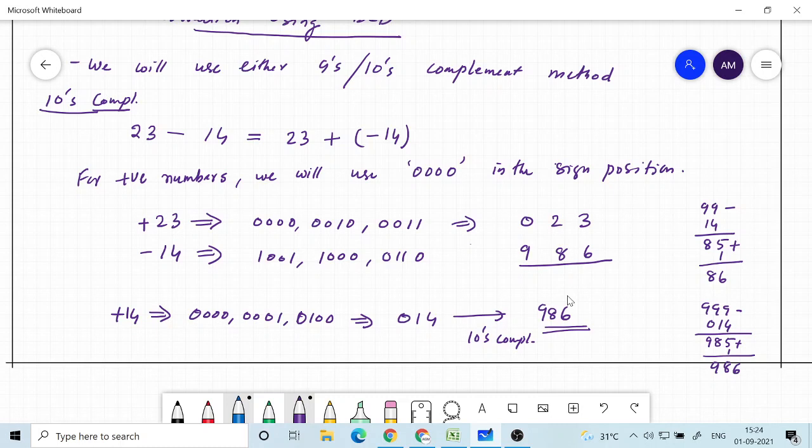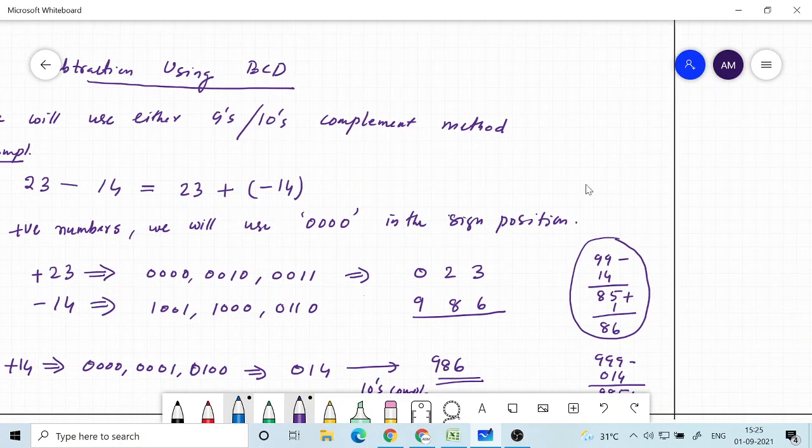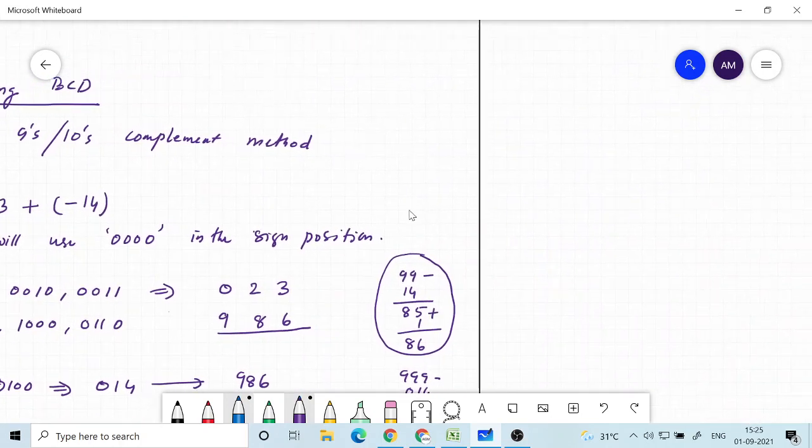So this 9 is basically the sign. It is better to consider this way rather than the way I considered earlier. Here I had added the 9 by hand, but here the 9 comes automatically if you treat it as 3 digits with the first digit representing the sign. So you need to have enough digits to cover the range that we are going to calculate with. Now 023 plus 986.